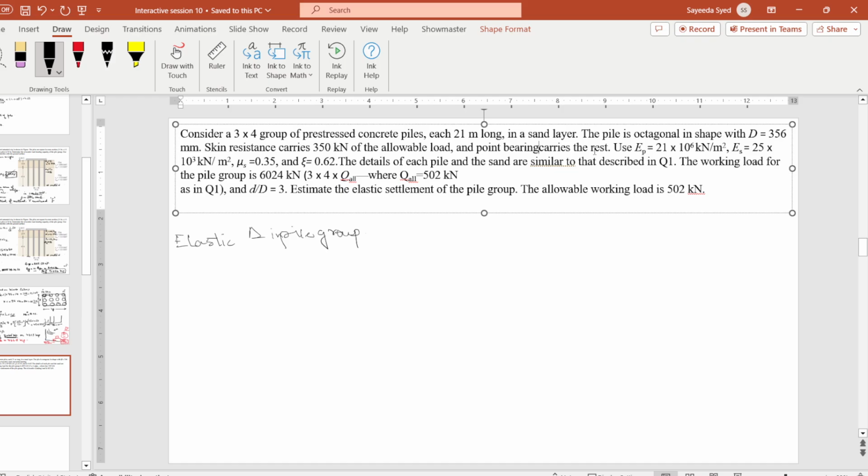We calculate the SE using SE equals S1 plus S2 plus S3, and then we correlate it with the pile group dimensions. So our SE of group will be equal to